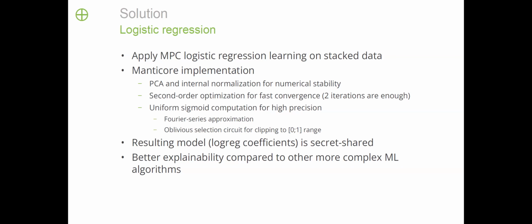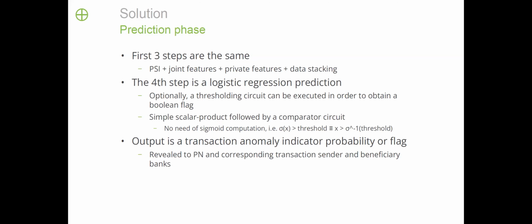The sigmoid we compute with high precision in order for the result to be precise. So the resulting model, for example the logistic regression coefficients, are secret shared in the end, and they are kept like this in order to do the next step, which is the prediction phase. We simply repeat the first 3 steps, and the 4th step, instead of doing logistic regression training,